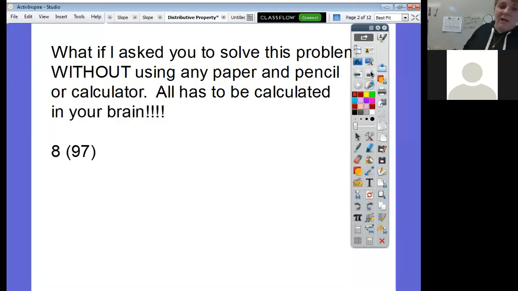All right, so a lot of you guys would do the air multiplication. So in the air, you go 97 times 8, and then you would do all your carrying and all that stuff. But what if I told you that there's actually a way to make this happen that's pretty easy, okay? And what we're going to do is we're going to take,